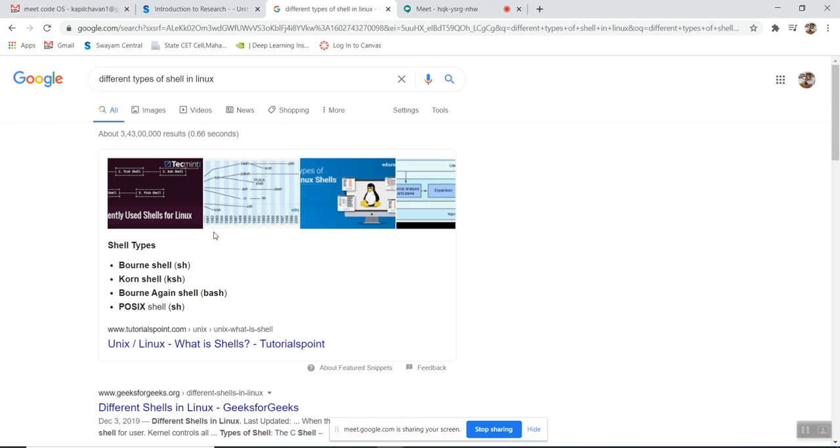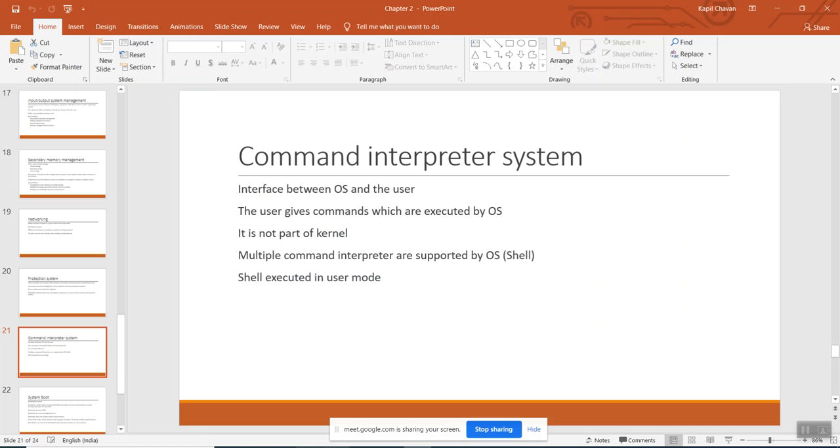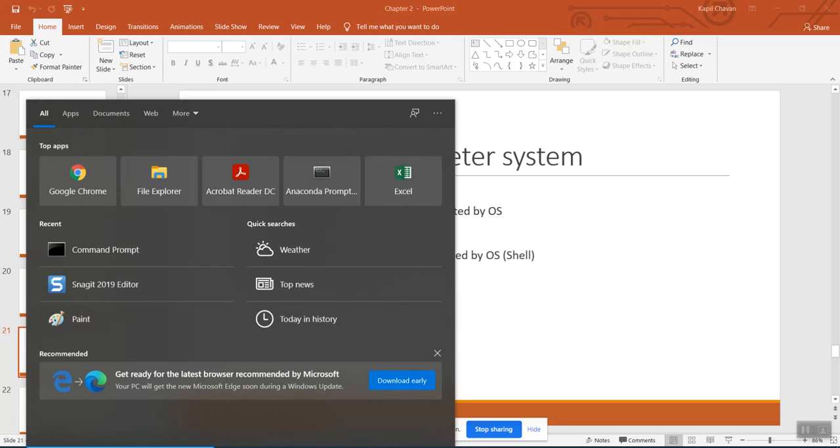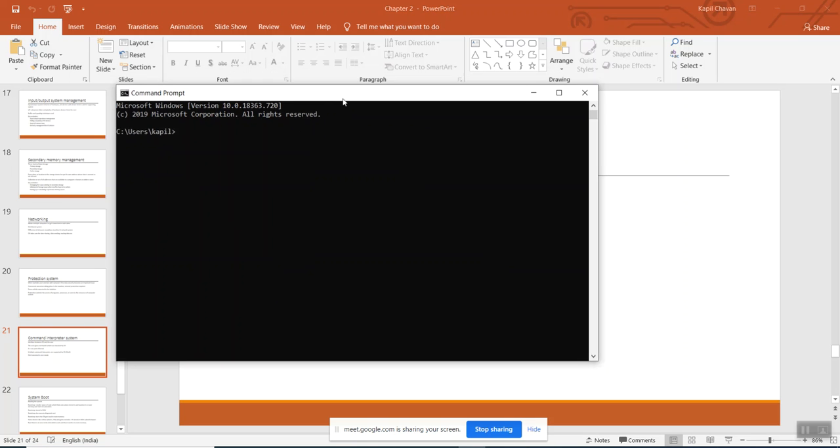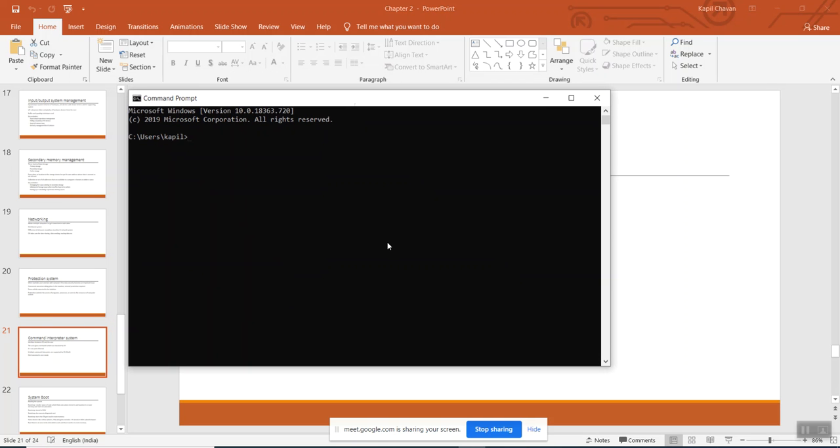Then which features are provided by these kinds of shells? We can simply say it is like using the arrow keys. When we open the command prompt and give any kind of command, just like the cd command, and when we are going to